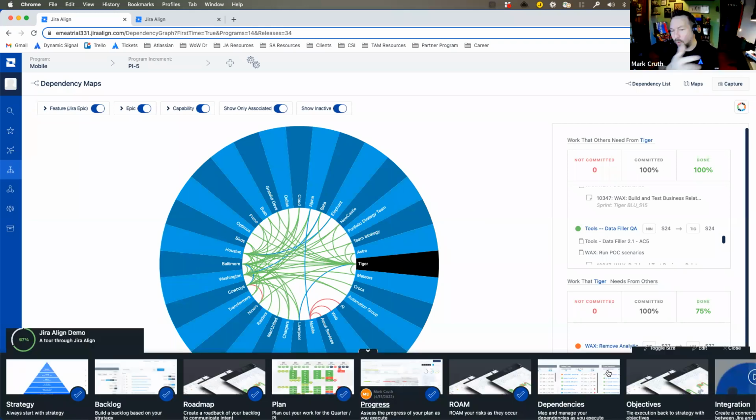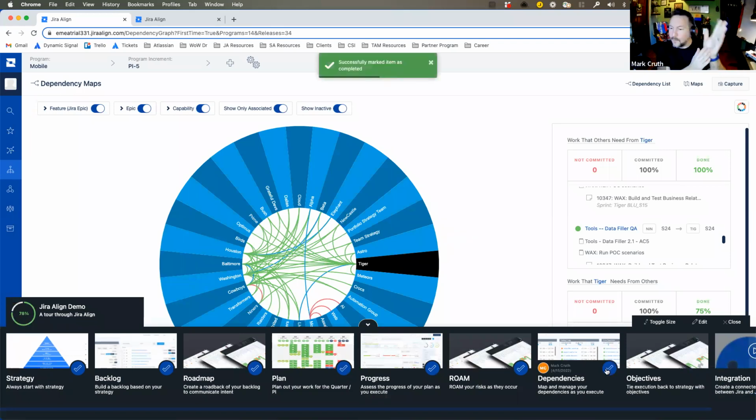So let's kind of see where we're at in that storyline so far. Again, we came up with a strategy. We broke that strategy into work. We roadmapped that work and then ultimately planned it out. We then started executing on it. We checked our progress to our program room. We've continued to monitor things like risks and dependencies. And for us now, at the very end of this kind of circle to bring it back home, our big